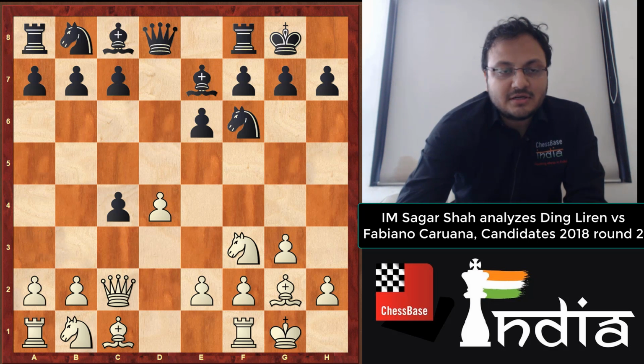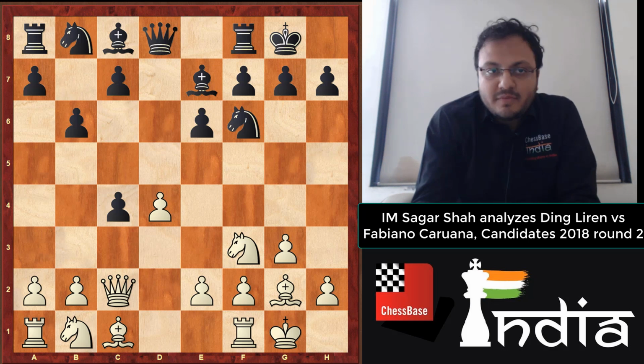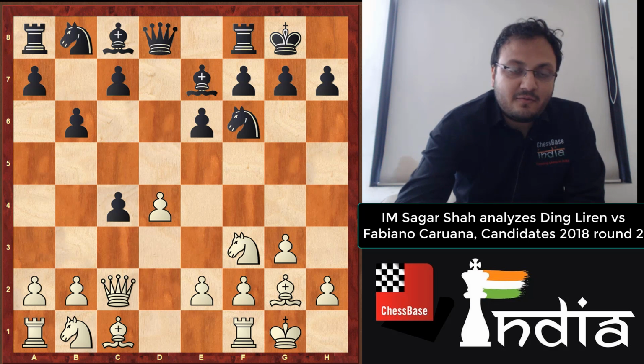However, what Caruana did here was b6, and I want to talk a bit about this move because this move was introduced by, I guess, someone way back, but it was played a lot by the late Grandmaster Ivan Bukavshin, who passed away at a very young age. He played a lot of the games with this move, and you have to understand that when you are playing